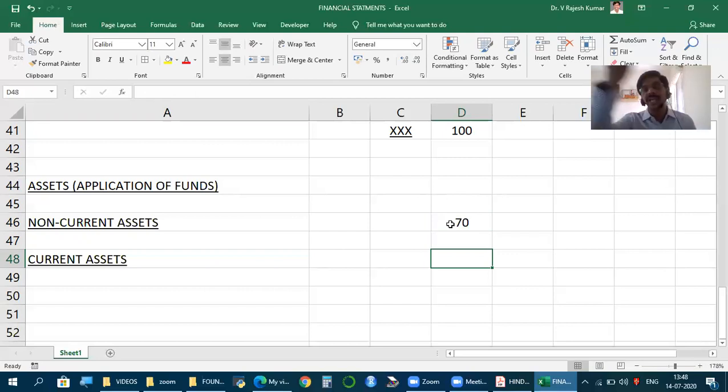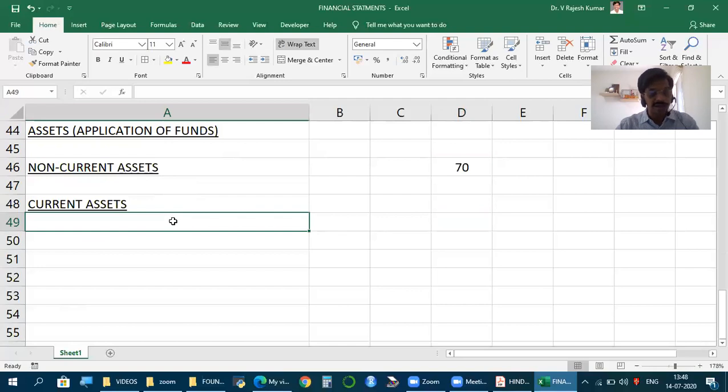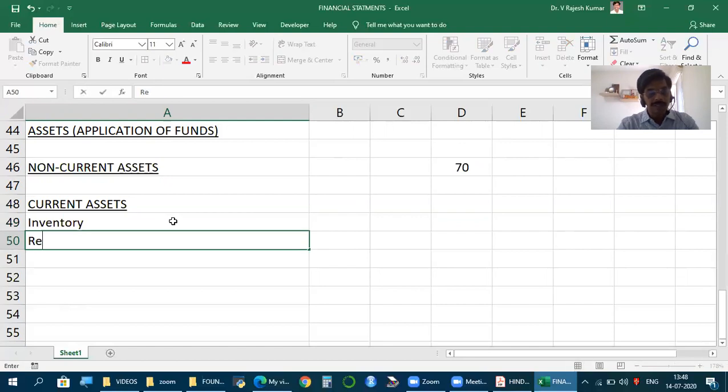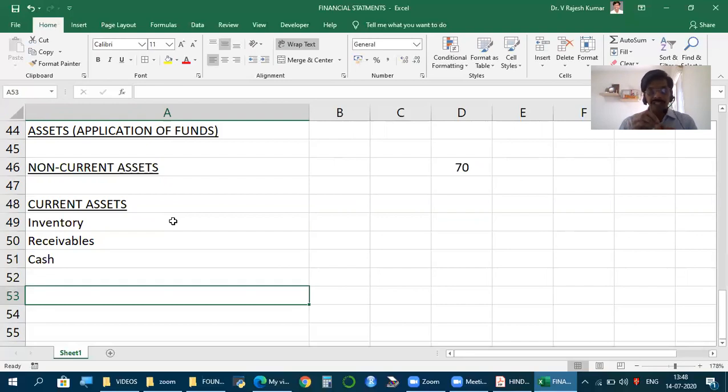Then we get back our funds, which again we use for buying raw material, converting into finished goods, selling to customers on credit, etc. So the remaining funds, which is revolving, which is circulating, is what we call current assets, also called working capital. So current assets, another term is working capital. And as you're aware, under this we have stock or inventory, receivables, cash. And the period required for cash to pass through all the stages and come back to the form of cash is what we call operating cycle. So these are current assets.